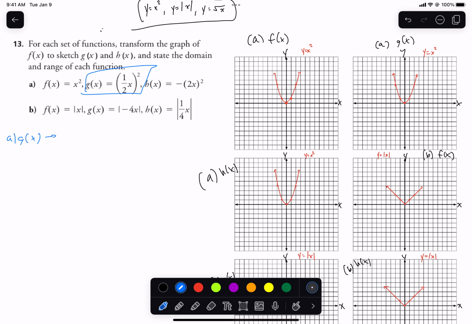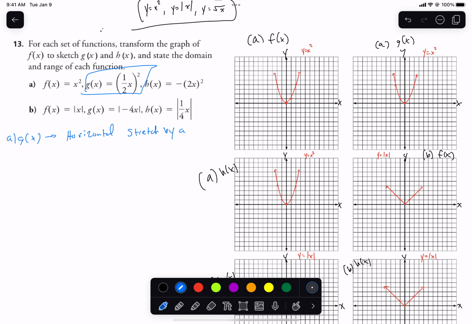Because it's on the inside, and I'm seeing that it's a fraction, one might think it's a horizontal compression. But remember, anytime you write this word horizontal initially, you're going to do opposite, opposite, opposite. Anytime you write that down, it's opposite. So it's a horizontal stretch